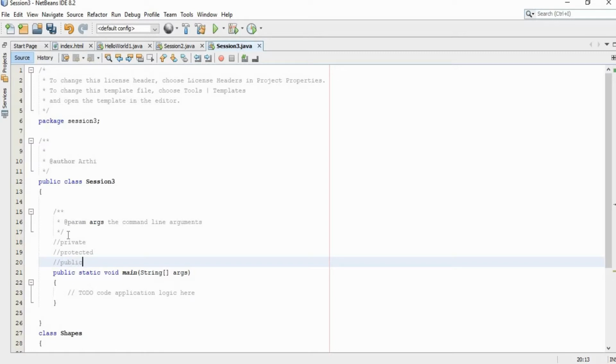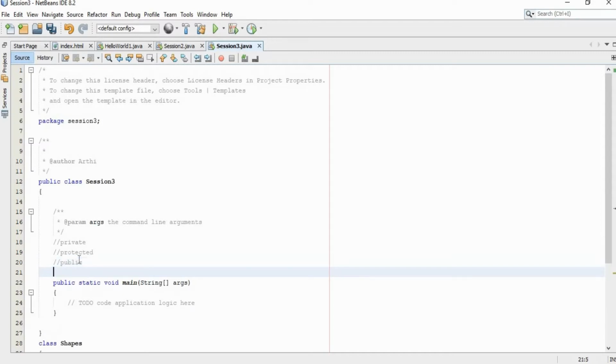All three kinds of access specifiers can be applied to a variable as well as a function. Here I am going to create a variable with the access specifier private. Let's say private int a.